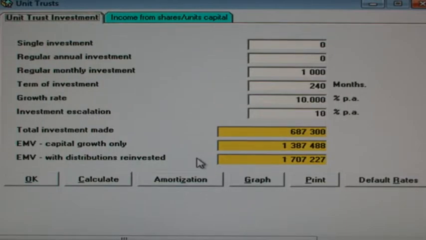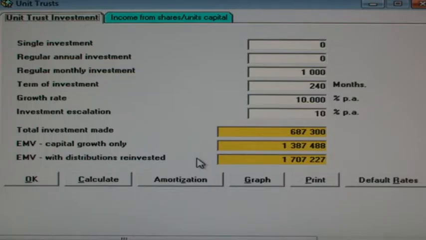You can see the calculator has worked out the total contributions made, the maturity of capital growth only, plus with reinvested dividends. We have an estimated maturity value of 1.707 million, and the proposal is that after 20 years we stop paying premiums, we leave the sum in the fund and now start drawing monthly income instead. Although we started off contributing R1,000 a month, after 20 years of escalating at 10% per annum, our last contribution would have been